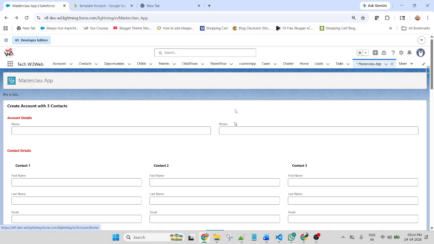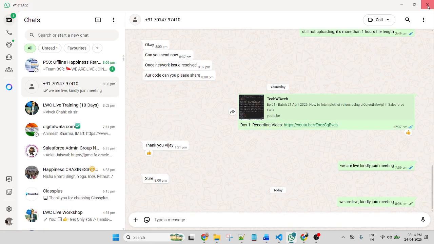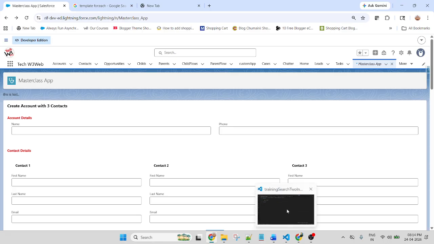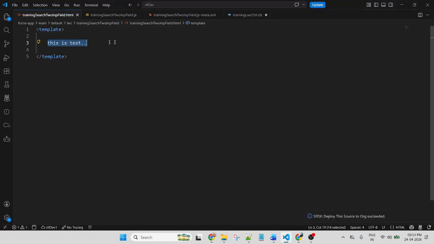Yes, sir. If you are not using lightning card, what is the structure of the component? It will not display the white color. So this is a property. If you are using lightning card, its property automatically displays a white color background.